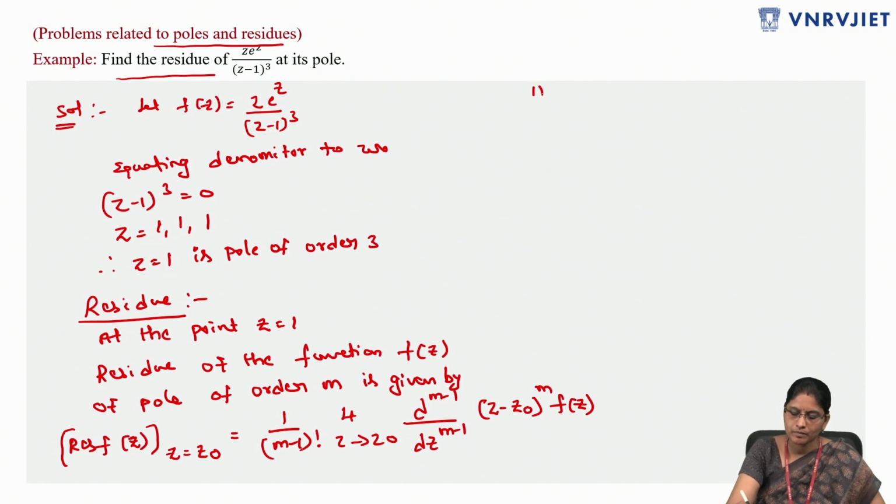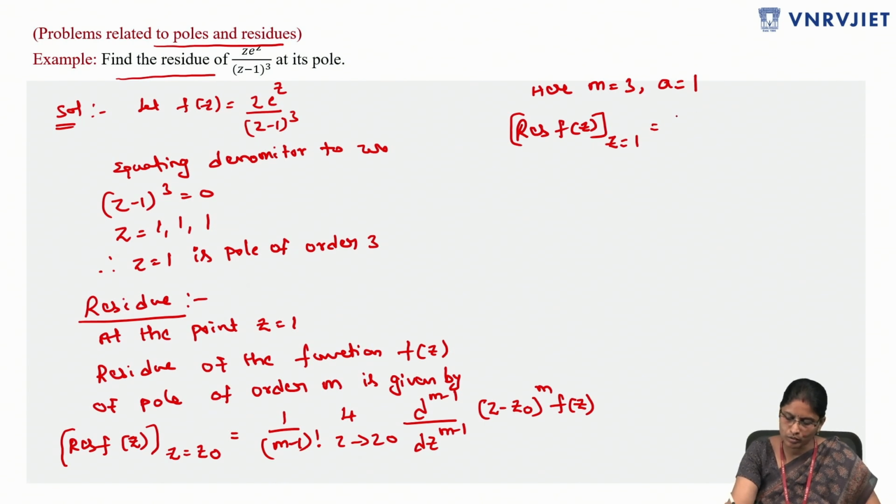Here m is equal to 3 because we get z is equal to 1 is a pole of order 3. So here we are taking m is equal to 3 and a is equal to 1. Residue of the function f of z at z is equal to 1 equal to